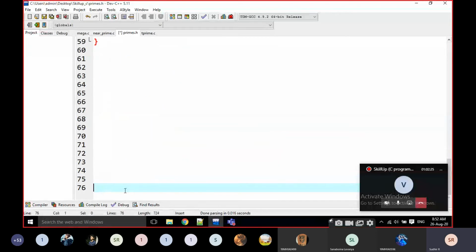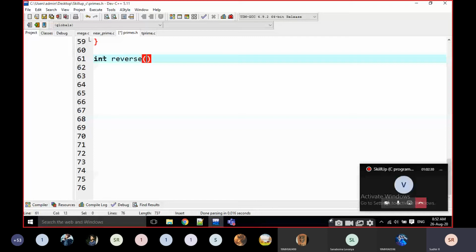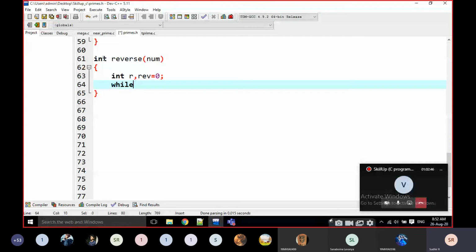I am going to write one function with integer return type, and reverse is the function name. I am going to declare variables: int r, sum is equal to reverse is equal to 0. While num, reverse of a number program, simple.